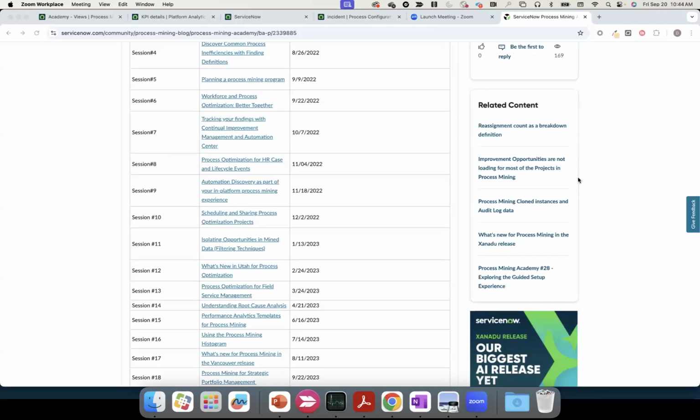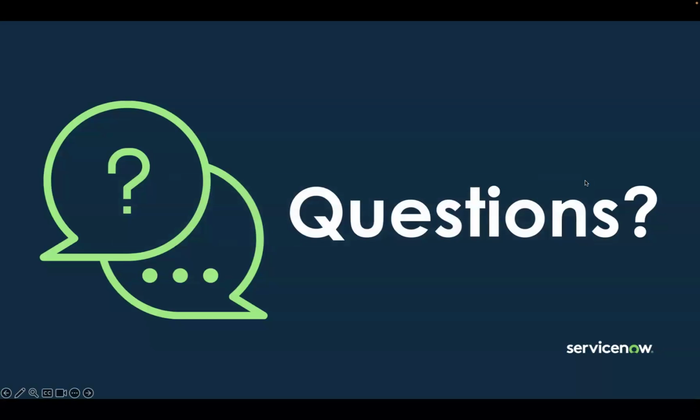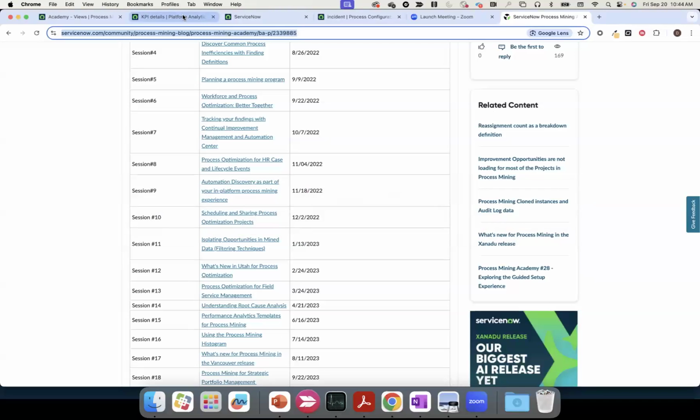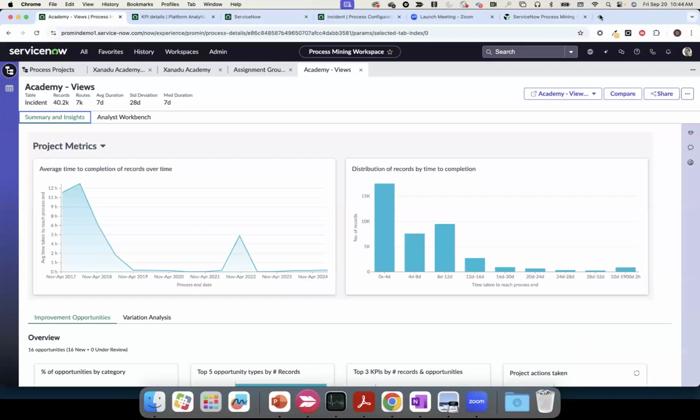Another good question. Can you create improvement opportunity definitions for SPM products like demand? So the answer is yes. One of the things on the process mining workspace, if I just come back to one of these maps here, I'll just come back to the process mining workspace real quick. And what you'll notice on the right-hand side of the screen